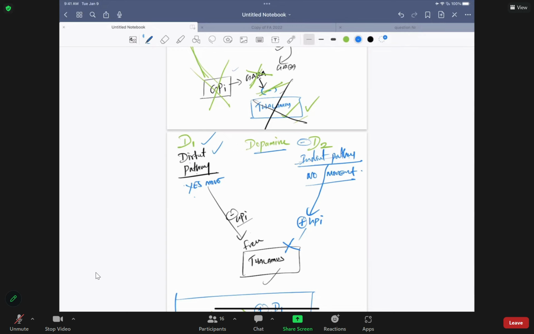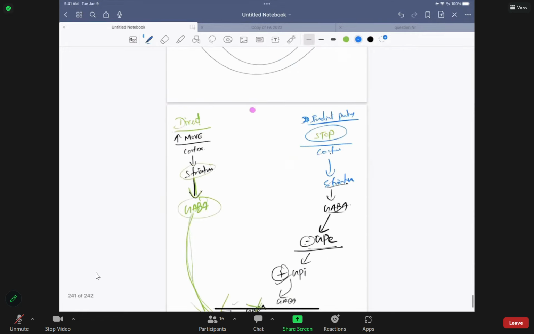Then where is dopamine located? What do you mean, where is dopamine located? I mean, you know how we talked about GABA? It's released by the striatum, right? So I'm trying to figure out where dopamine is coming from in this pathway. In the striatum, they have D1 and D2. So the dopamine comes and stimulates this and inhibits this. It comes to the striatum, but it's not produced in the striatum.